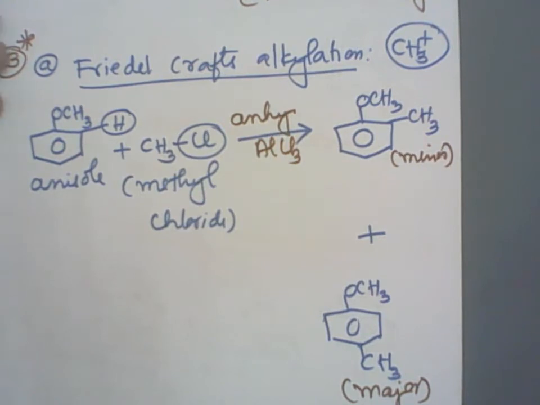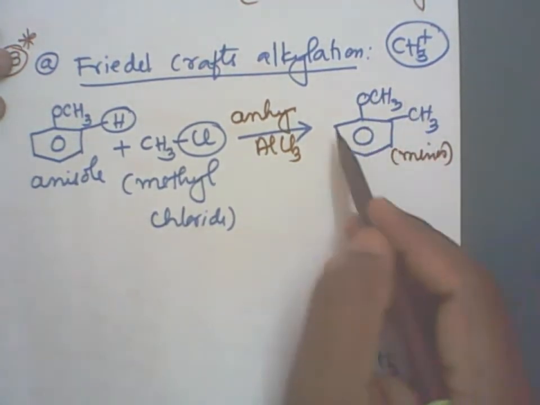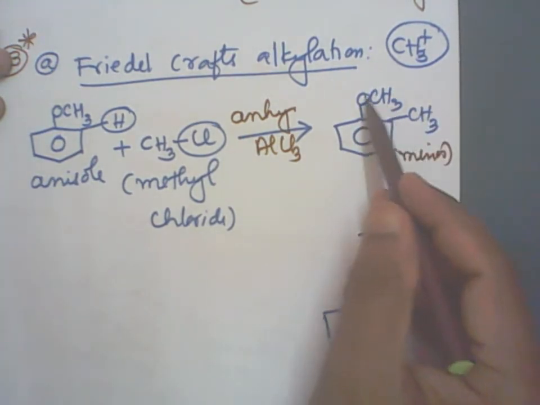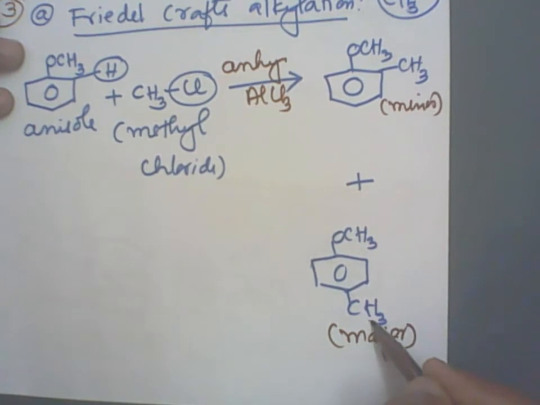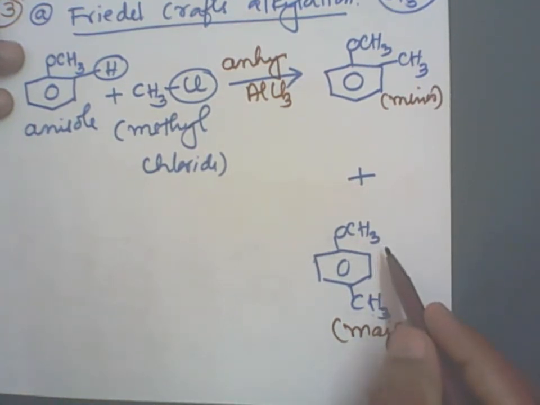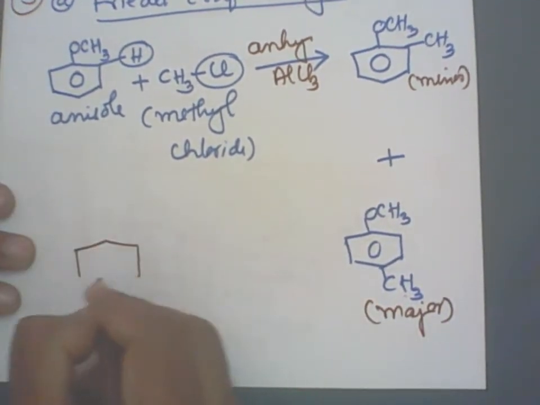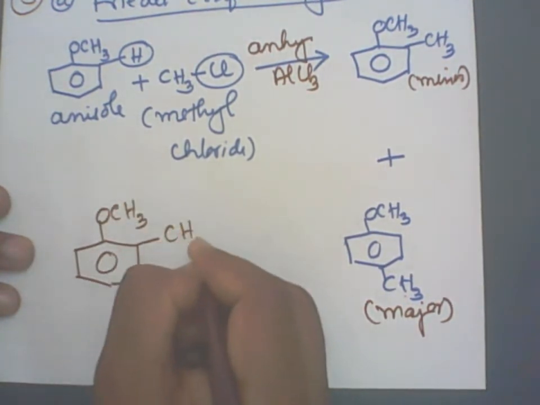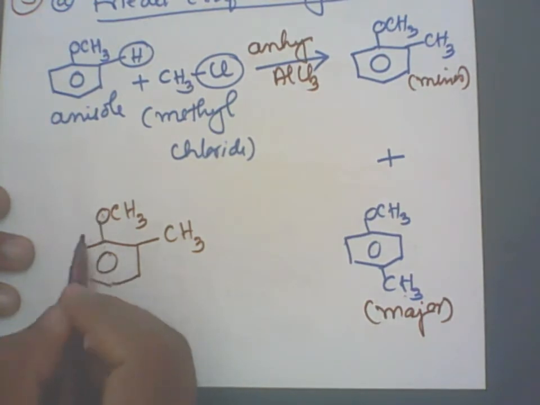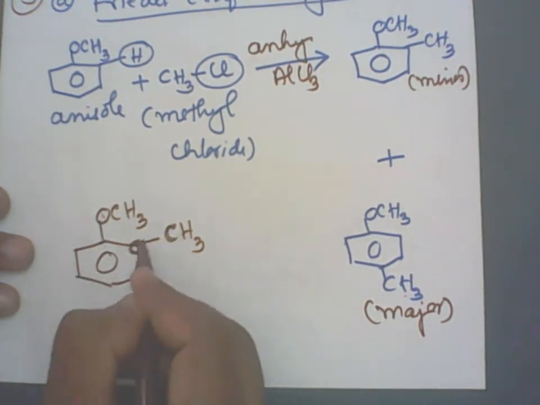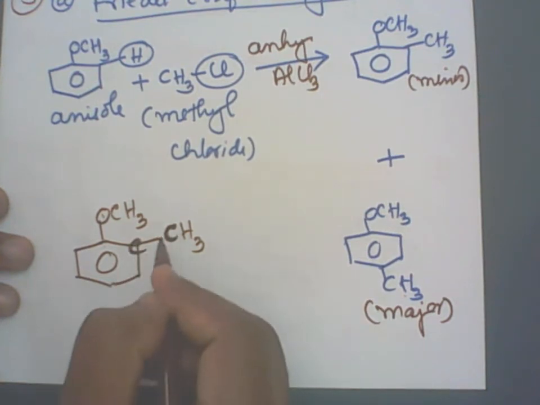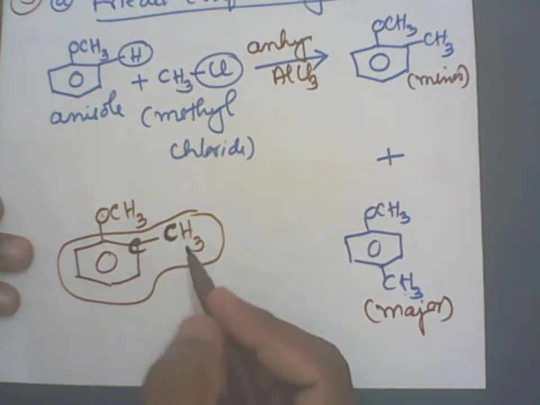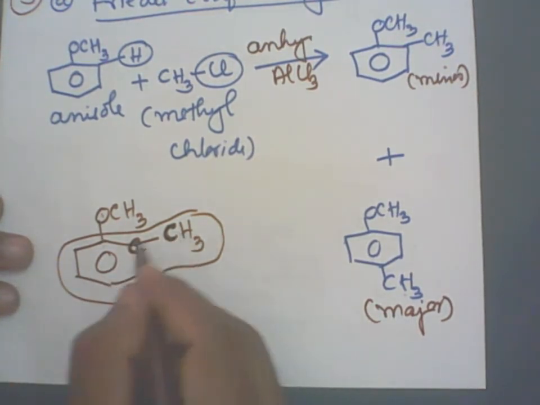Now, see here, we have got an anisole derivative. I can call it 2-methylanisole, and here I can call it 4-methylanisole. But now you see here, there is a carbon-carbon extension. OCH3 and CH3: this is a carbon-oxygen bond, so this is the carbon-carbon extension. Generally, what you study is that there should be the longest chain. So what do we go for? We can go for this as the main molecule, the basic molecule. Carbon-carbon extension is there.